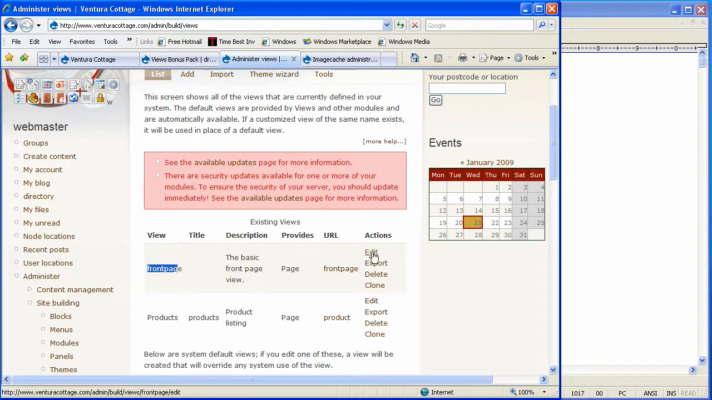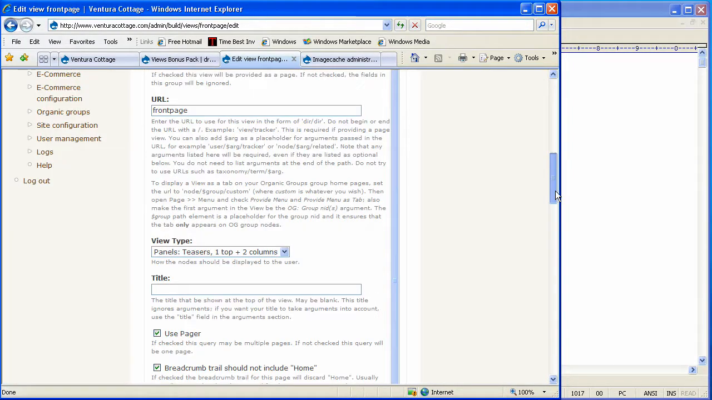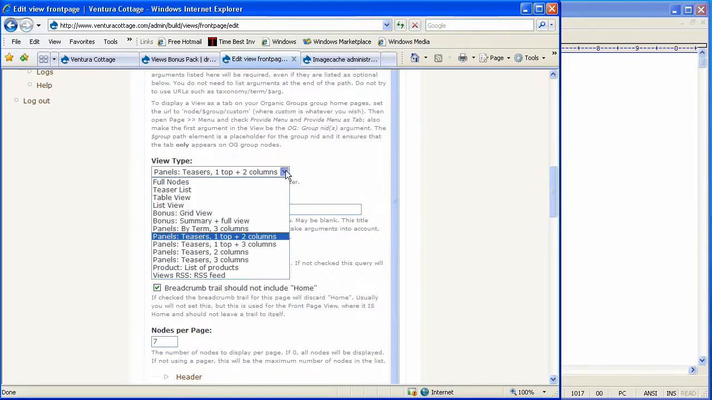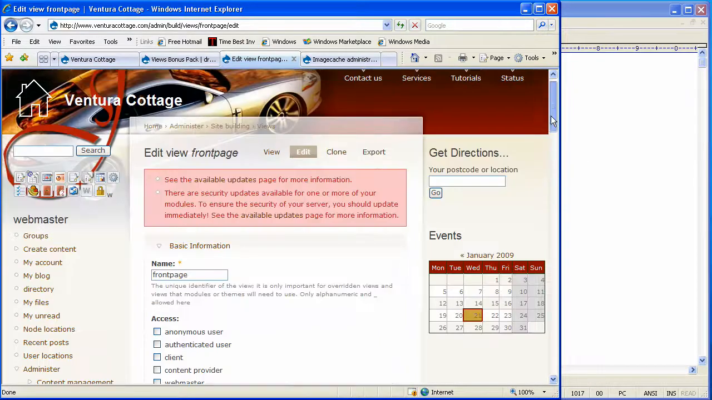If you then go to edit the front page view, if we scroll down, we'll actually see that there's a view type. There are various view types. The one we're interested in is the one top, two columns. So you save that, and then if we go to admin,